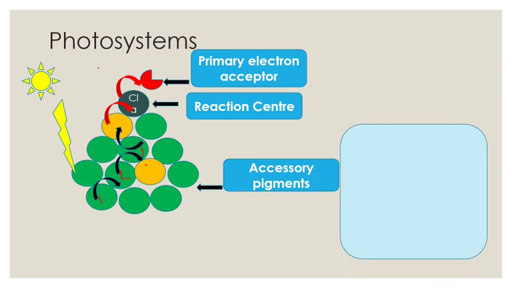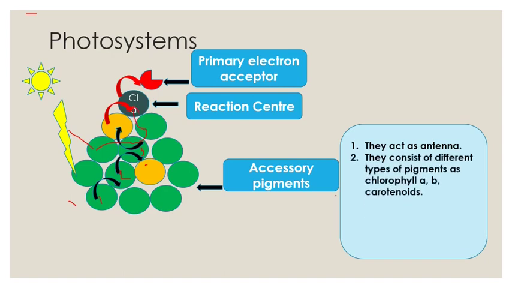So in brief, let us see what is the function of accessory pigments. They are acting as antennae. Not only this, all the remaining pigments also act as antennae. The solar energy may pass on to this, it may get excited, pass the electron, this may pass the electron, and finally the electron will reach chlorophyll A. So they are acting as antennae to receive the solar energy.